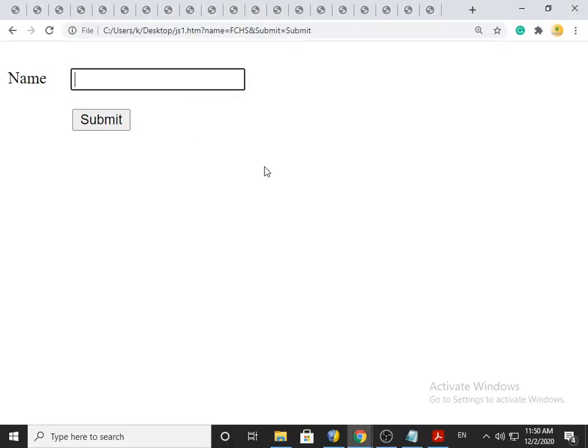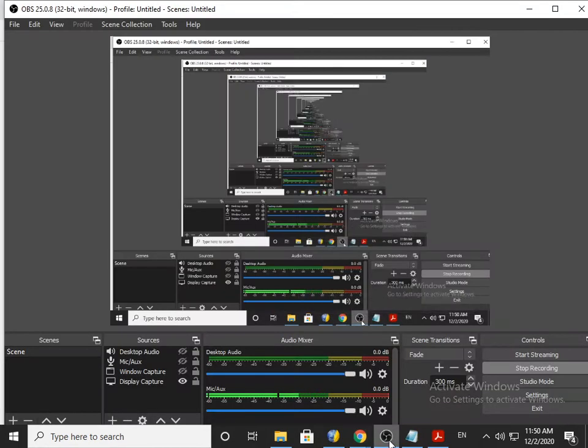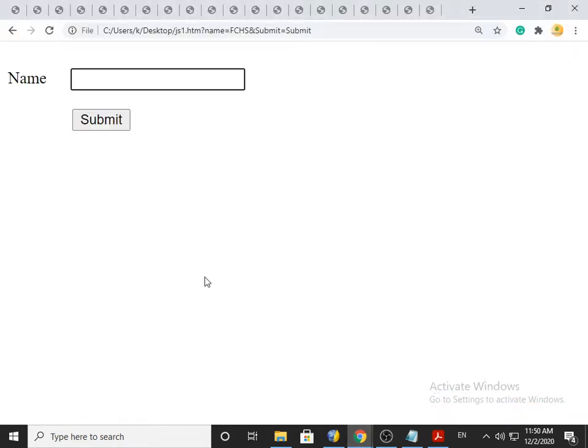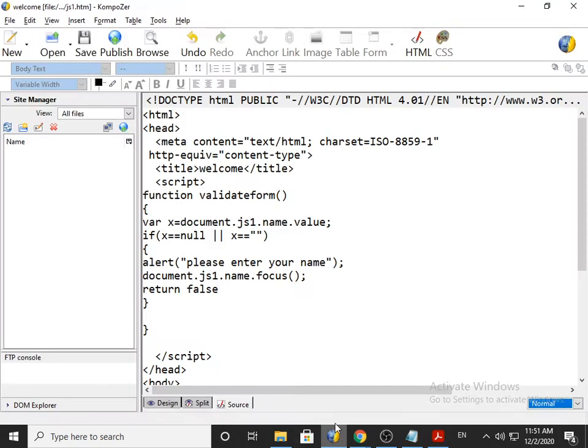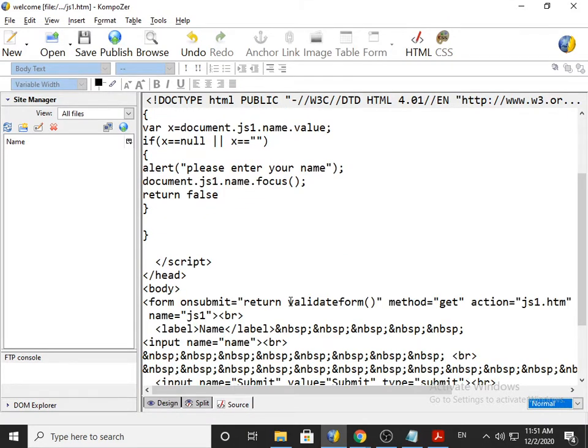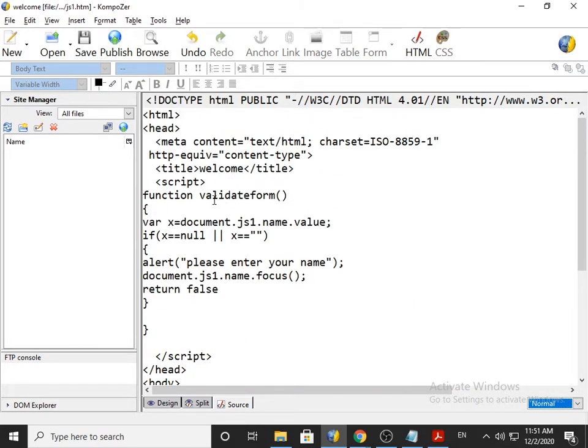Now, what happens if somebody clicks on the submit button right now? We already clarified that when somebody clicks on the submit button, go to function validateForm. So it will come over here in the curly bracket of function validateForm.